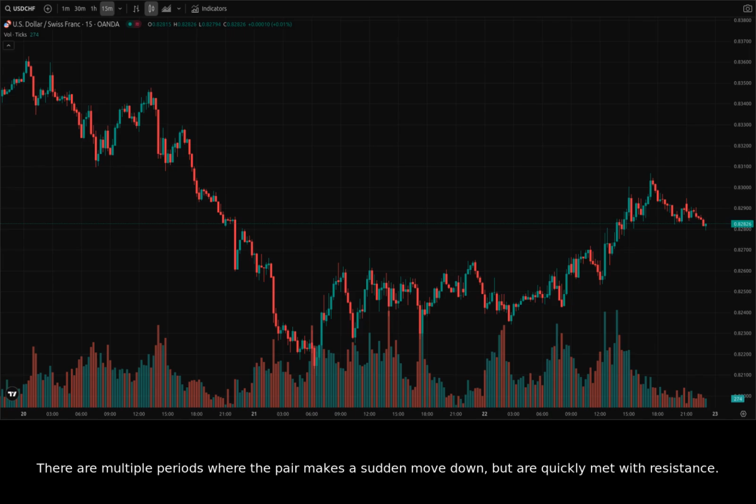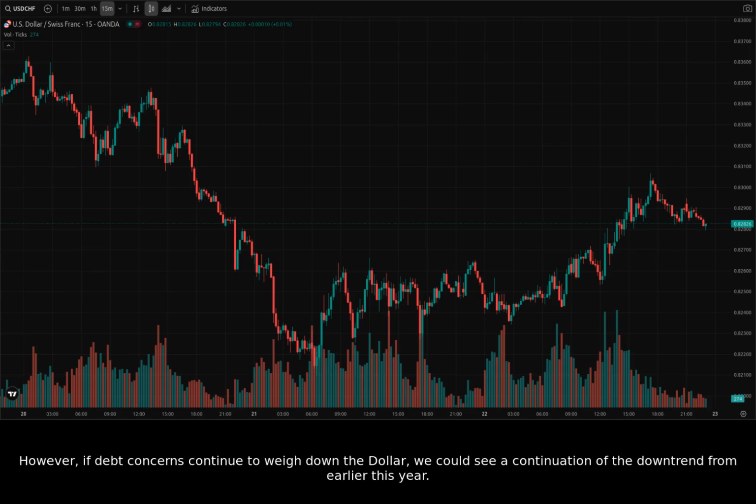There are multiple periods where the pair makes a sudden move down, but is quickly met with resistance. As of today, May 22nd, 2025, in the short term, USDCHF is currently trending sideways. If the dollar strength suggested by some news sources holds true, we might see a breakout to the upside. However, if debt concerns continue to weigh down the dollar, we could see a continuation of the downtrend from earlier